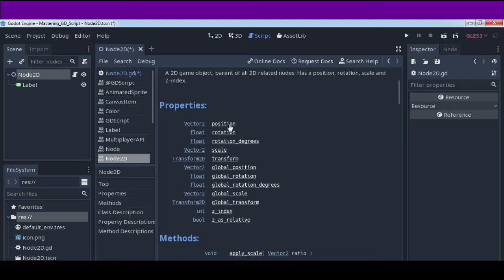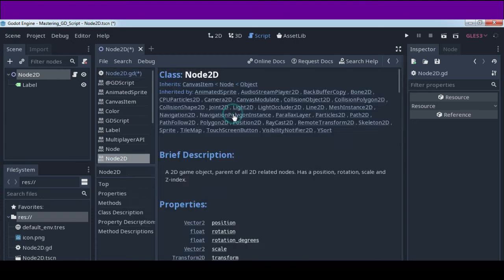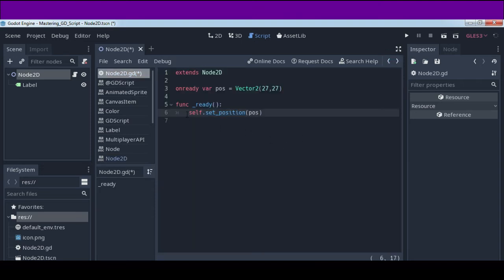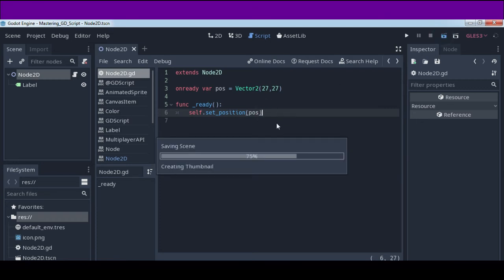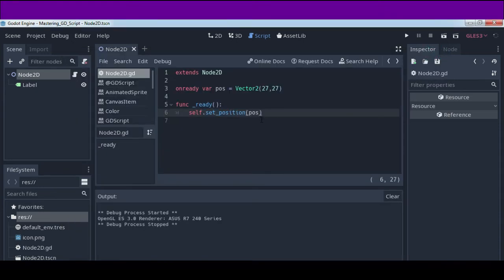Let's click again on this position or just go to our script. We are using the set position command. Again I'm pressing Ctrl and the left mouse button and we can see the properties for position. We can use set or get position to get the position of this node. With this self set position we are setting the position. But if we start this game we will not see anything on the screen, so we need to add one